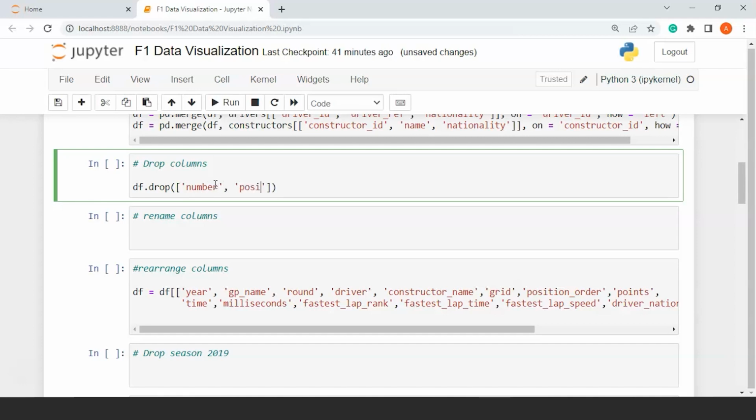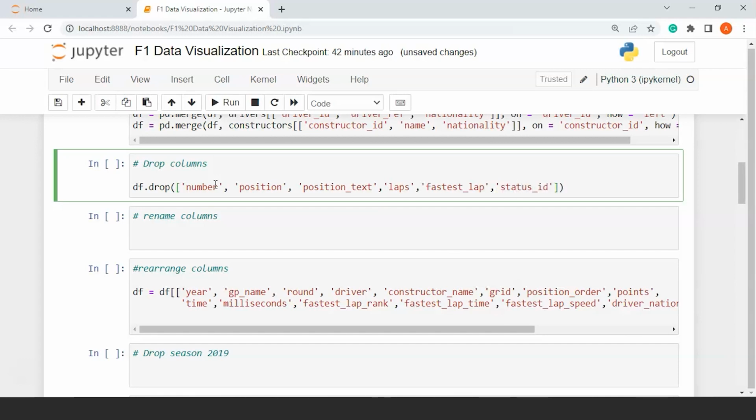Then we also don't want the position column. Next we have position underscore text. After that we have laps. Next we are going to drop fastest lap. Then we'll also drop the